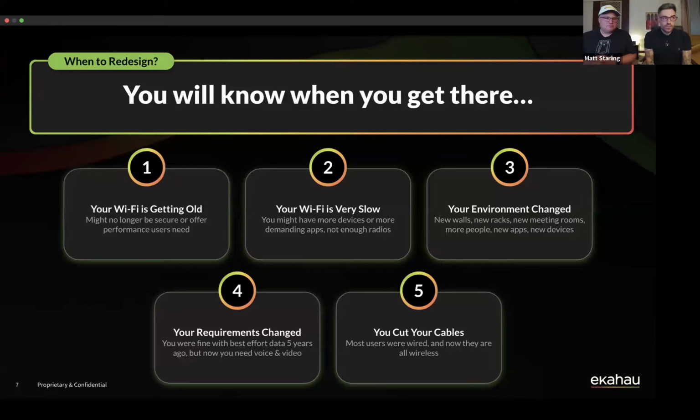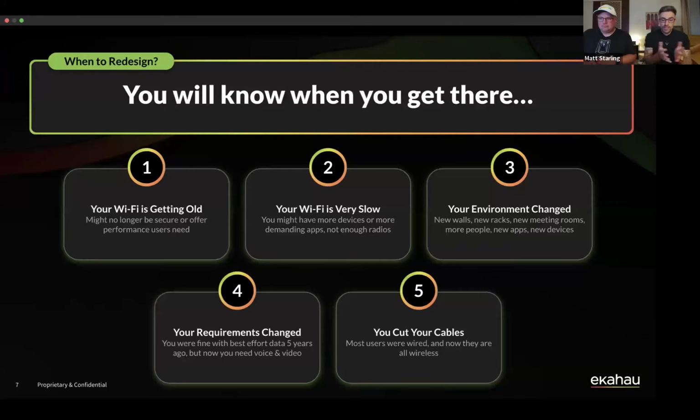We mentioned earlier that sometimes your requirements can just simply change. The way that you were putting in Wi-Fi 3, 4, 5, 6, 7 years ago, perhaps just to provide fairly robust Wi-Fi, but not super critical wireless first, and you weren't having so many voice and wireless video calls over a Zoom, Teams session, Google Meet, whatever it is that you use. So you need to make sure that now you've got enough access points to provide that capacity for those devices.